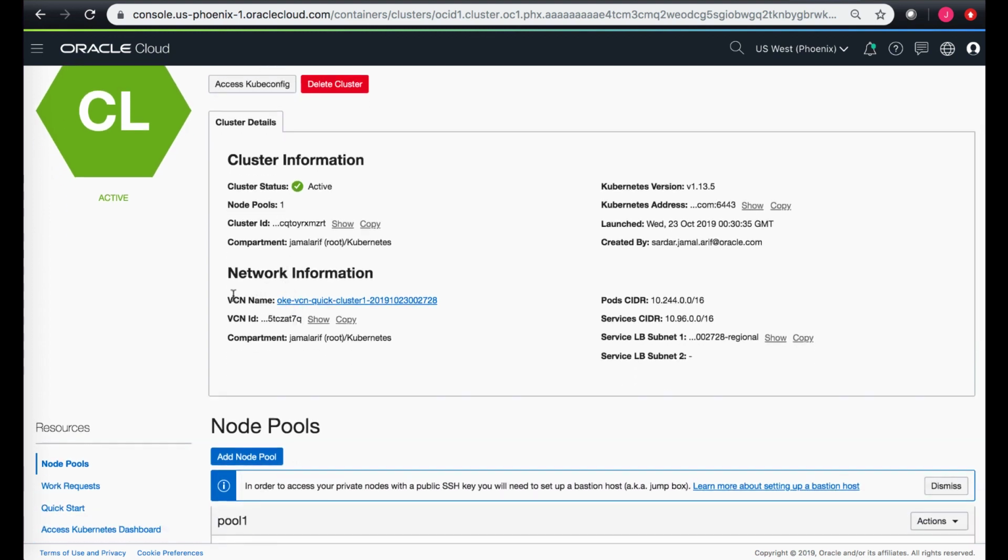On the network information, you can see the VCN name, the quick cluster that was created, and the new VCN which was created alongside it, the pods CIDR range, and the service CIDR range. So these are internal Kubernetes CIDR ranges: the CIDR which pods would get, and if any services are created, the CIDR the services would be assigned. And then additional details on the load balancer subnets that were created in the VCN. The Kubernetes version,